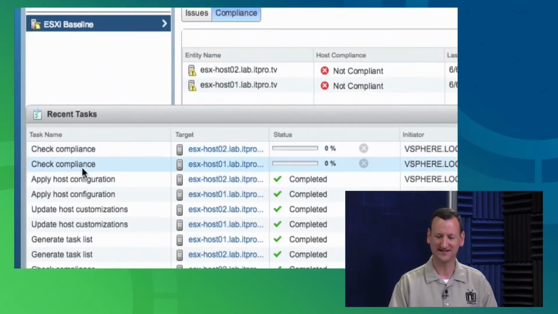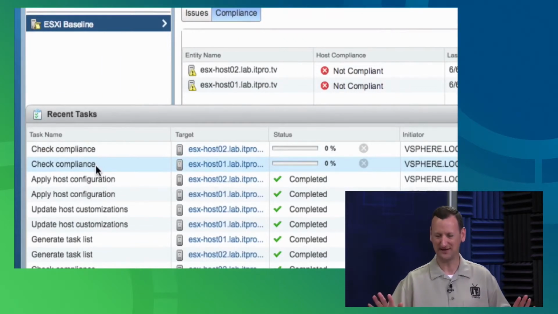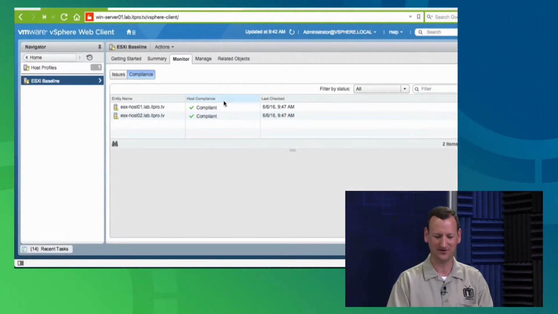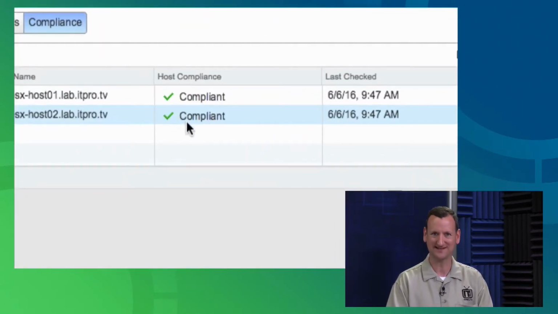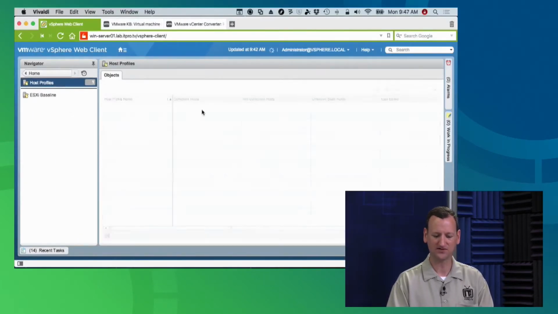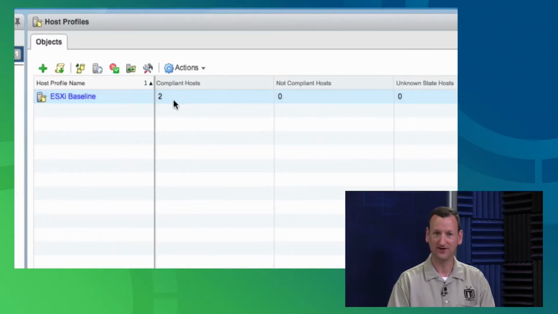And that's because it's got to recheck compliance. It's two separate steps. It remediates, then it checks compliance. So it's running through and doing that right now. And as soon as that's done, there we go. Nice big green check marks. That's what I like to see. Compliant, compliant, right? Now if I go to my host summary screen, I can look, and I've got 2 compliant